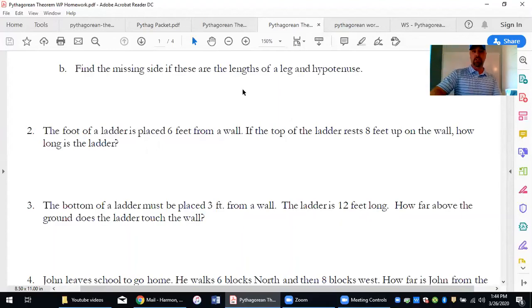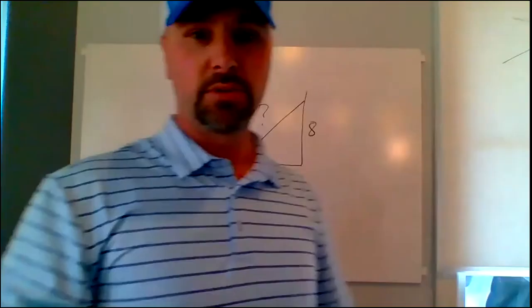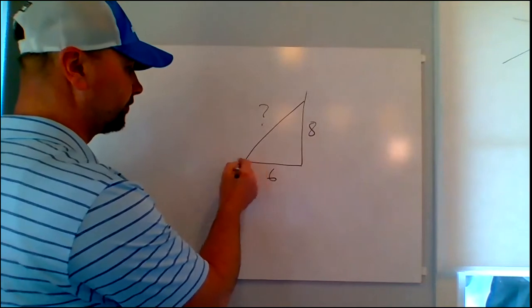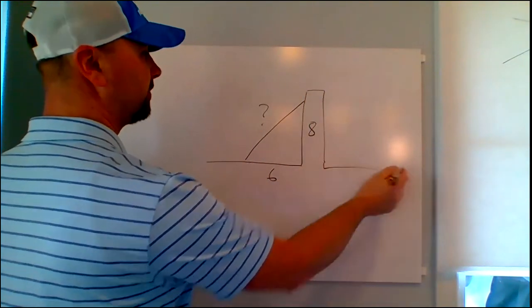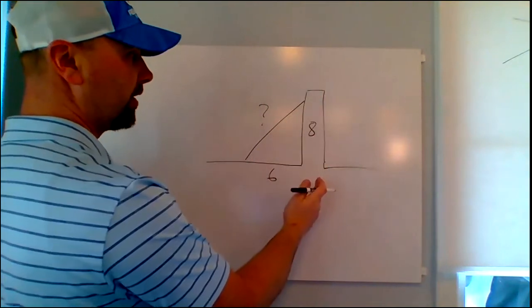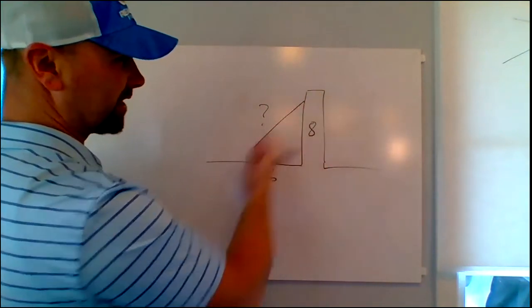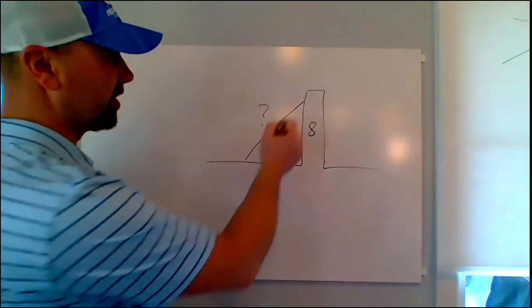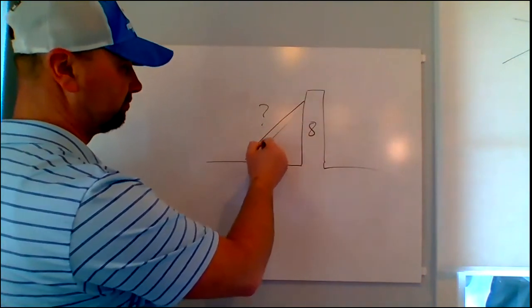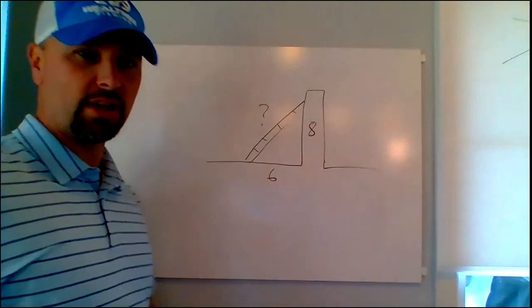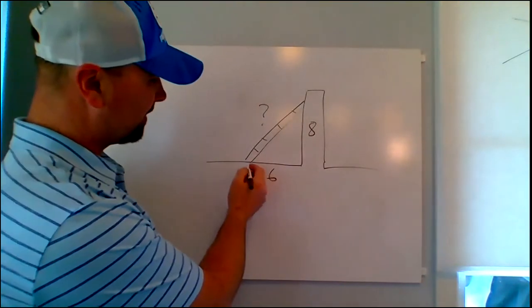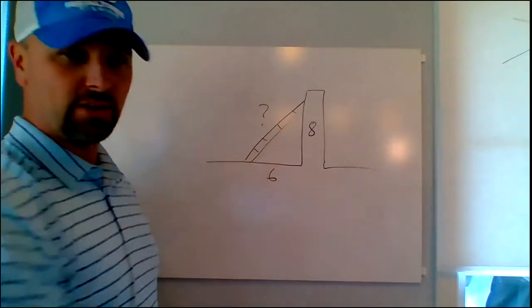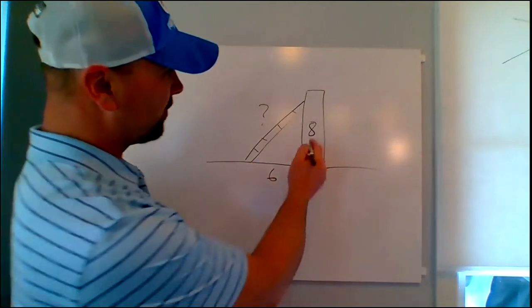All right, let me show you what I did here. Okay, so here's my wall, basically. I drew a wall, and then I knew there was a ladder that was leaned up against it. So here's my ladder. You don't have to go into that much detail, but I'm just trying to make it obvious to you. So what they said is that the ladder was 6 feet away from the wall and that it was 8